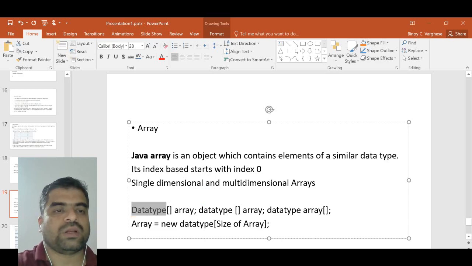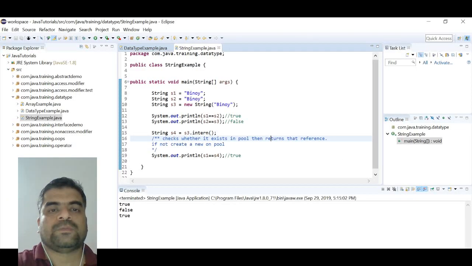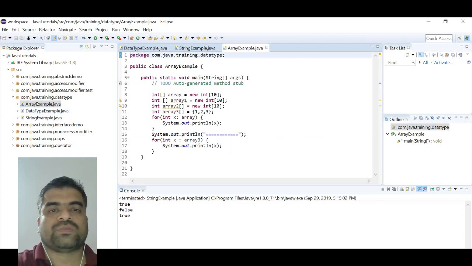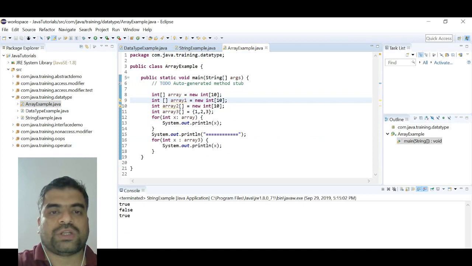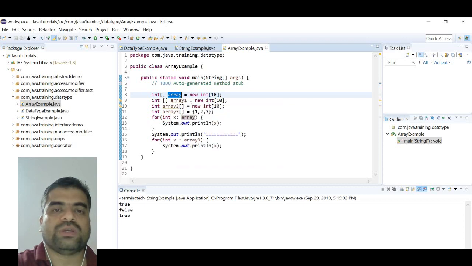Let's see how it looks in real time. So here, this is the way I'm talking about. See here, I declared the data type that is going to be saved in this array. What this means is that in this array only int values can be saved. And there is another way, where there is a space, array1, and you can either do